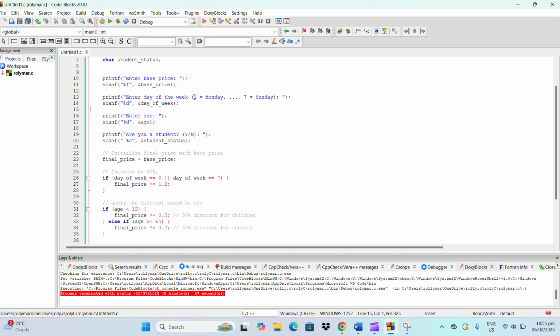So I'll insert this in the program. 1 is equal to Monday, and so on. So for example, Monday is 1, Tuesday is 2, 3 is Wednesday, 4 Thursday, 5 Friday, and 6 is Saturday, and lastly is Sunday. So I hope it clears things up.